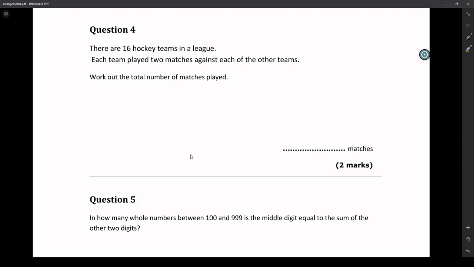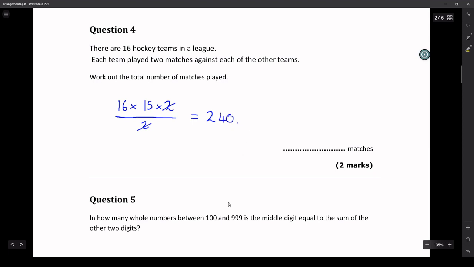Question 4 is a really good question. There's 16 hockey teams in a league. Each team plays 2 matches against each of the other teams. So there's 16 teams, and each team plays 15 other teams, and they play them twice. The problem with this, though, is that you're going to count each game twice, once for the home team and once for the away team. So we can divide by 2, and we can see here that the answer is that there are a total of